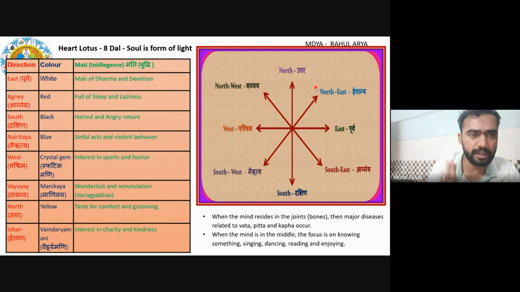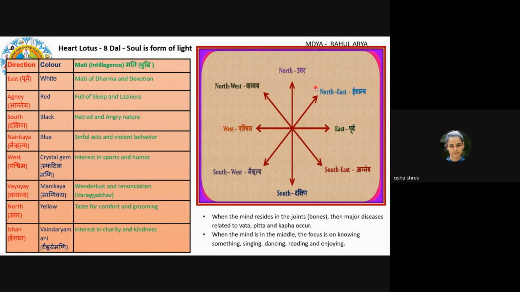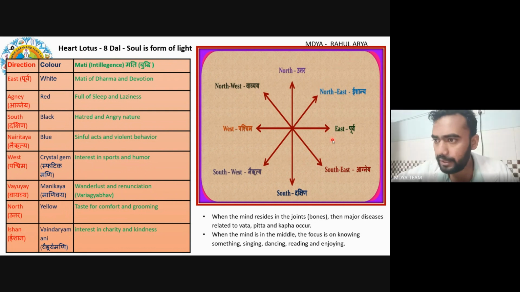Are you getting it, or do I need to give more explanation or examples? No, that is good, sir. Okay. The east, the west, the south, and upside is the north. So these 4 directions are common. You have to remember these other new 4 directions. Between the east and south, there is Agni.